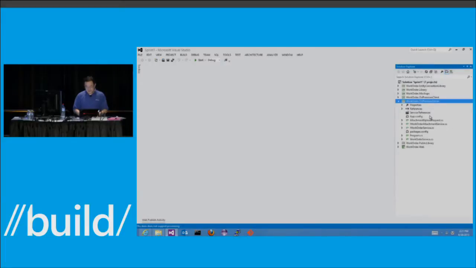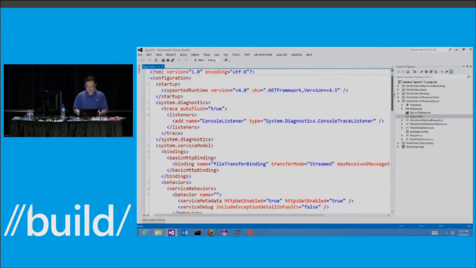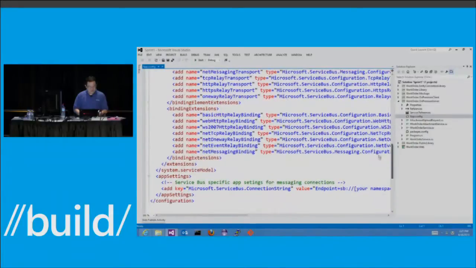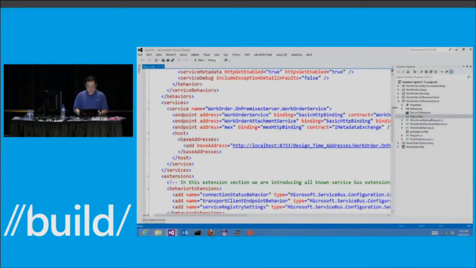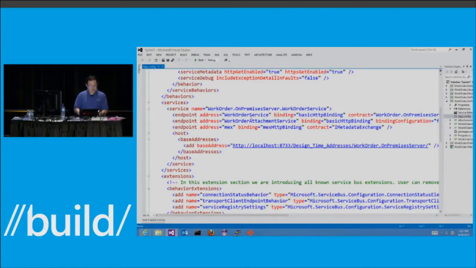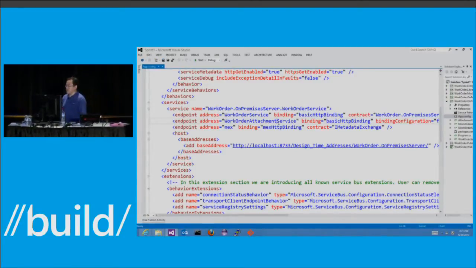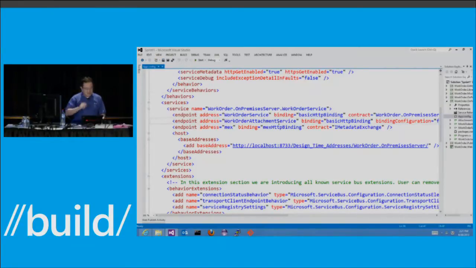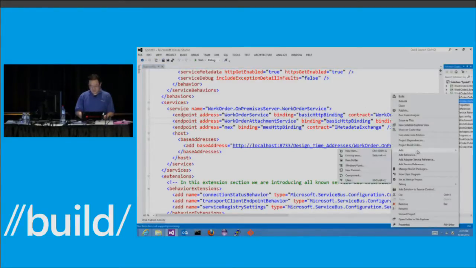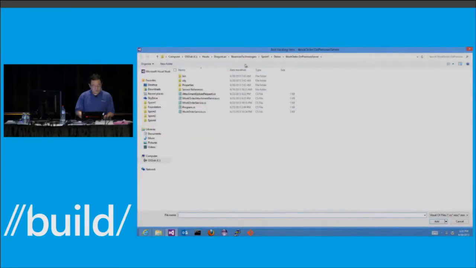And before I change the settings, I'm going to open the app-config. And if you're familiar with WCF, this should be not too strange to you. Basically, I have two endpoints defined. One for my work order, the other is for my work order attachment. I created two separate endpoints because the attachment service uses a streamed binding to transfer the files. So what I'm going to do is to add new endpoints for my relay connections. So instead of typing, I'm just going to include the existing file to replace this one.